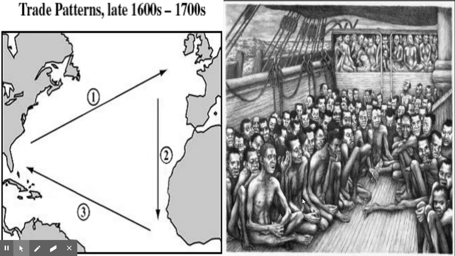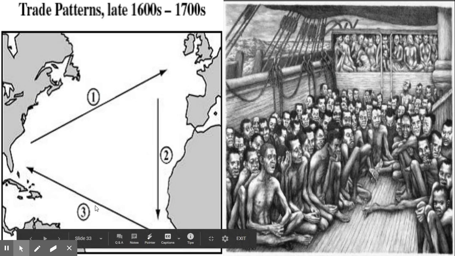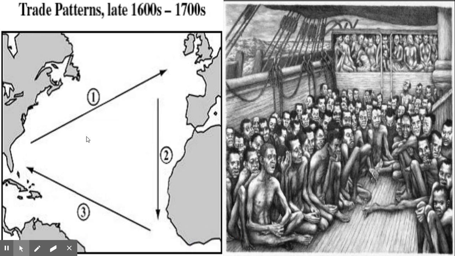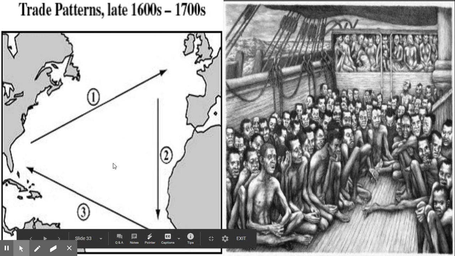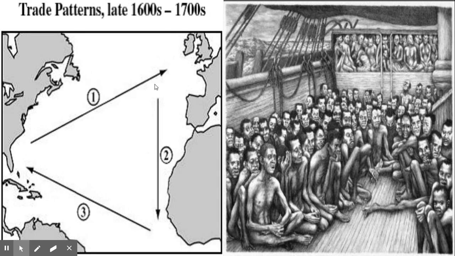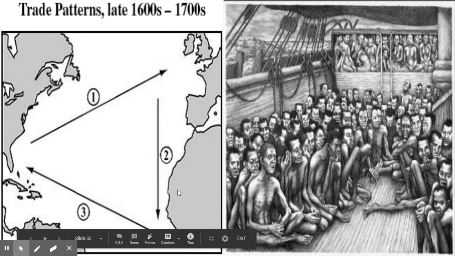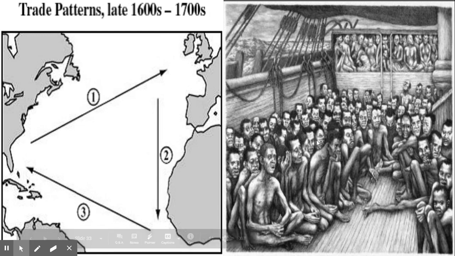These guys brought these people over on what we're going to talk about, the Middle Passage, and the Triangular Trade is what this is listed as. So when you take your test, you're probably going to have an image like this, and it's going to say what part of the triangle was the Middle Passage, or what part of the triangle does number three represent, and that's going to be number three, the Middle Passage. Number one would be the mercantilism, raw materials being sent to England, and then of course manufactured goods being shipped down to Africa to be traded, so that these poor souls could be packed onto these small ships.